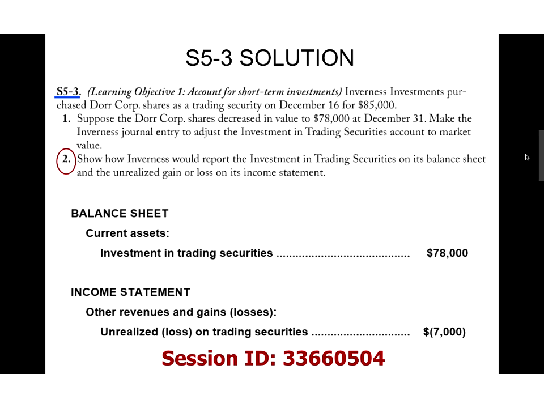The other revenues and gains and losses is in a completely separate section of the income statement, completely separate, because we want to be very careful that our investors know that we actually haven't realized this gain. It's not a transaction that occurred. So that's why it's its own separate section.